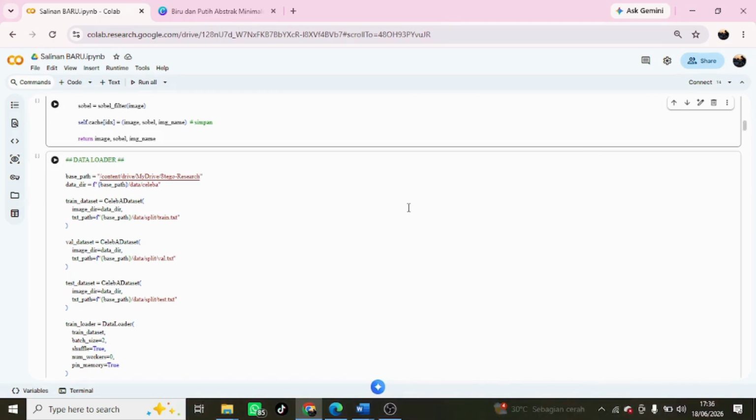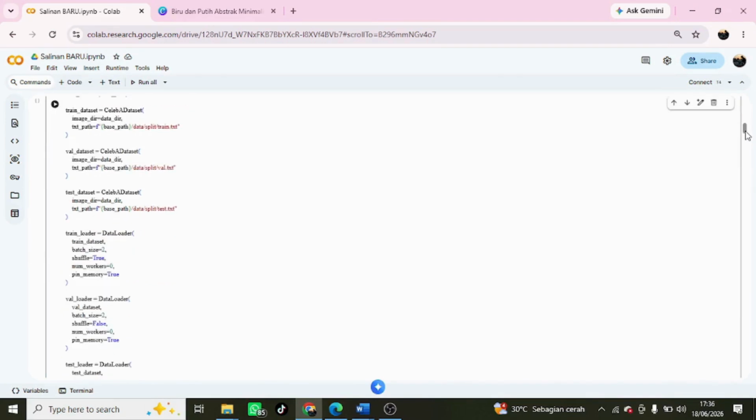The training dataset uses the list of files in train.txt. The validation dataset uses val.txt and the testing data uses test.txt. Each dataset will produce three outputs: the cover image, the Sobel processed edge image, and the image file name.